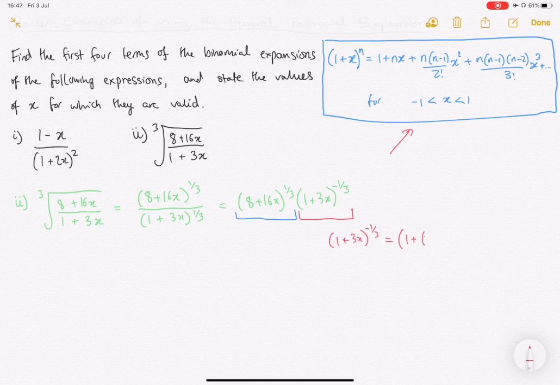Well, the n is minus a third lots of 3x here. And then we have minus a third, and then n minus 2 is minus 4 thirds, all over 2 factorial lots of 3x squared. And then finally we have